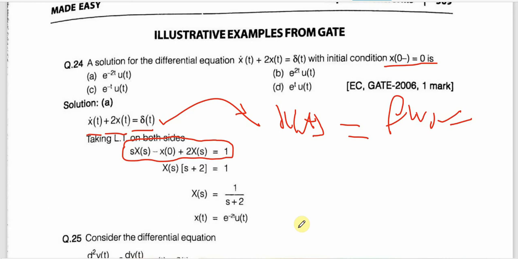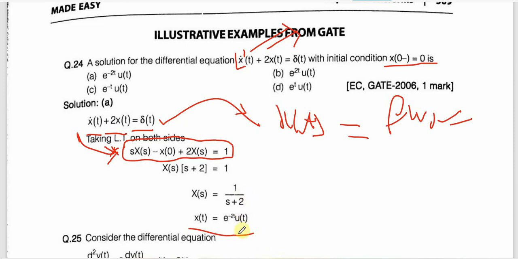But here it is very simple, I think. F dash is not given here. Here x'(t) and 2x(t), there is some mistake here, please correct it. This is x'(t) plus 2x(t) equal to this. So for x'(t), you put that f dash formula and then find its Laplace inverse, then you will come directly here. Up to here you please solve, and after that you will get this, and then its Laplace inverse will be this much. It will be our answer.